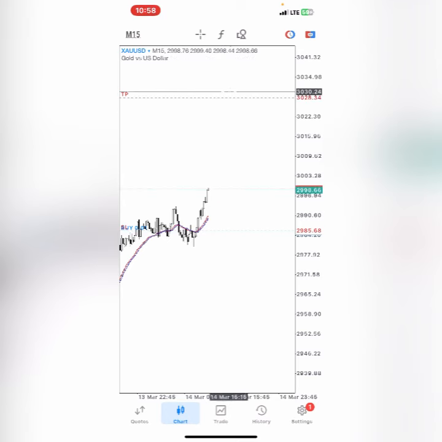But I'm just going to look for entry during the New York session, and I'll add one more position, and wherever it takes me to, I'm just going to accept the profit. Even if it's not going to give me that much, I'm just going to accept the profit like that. So it is what it is. I'll keep you guys updated.